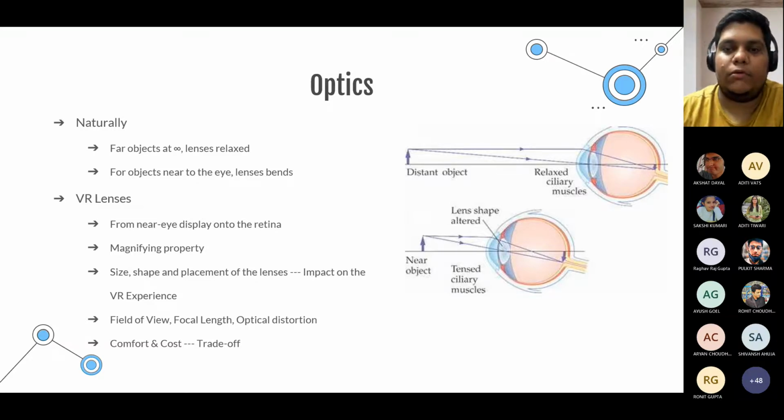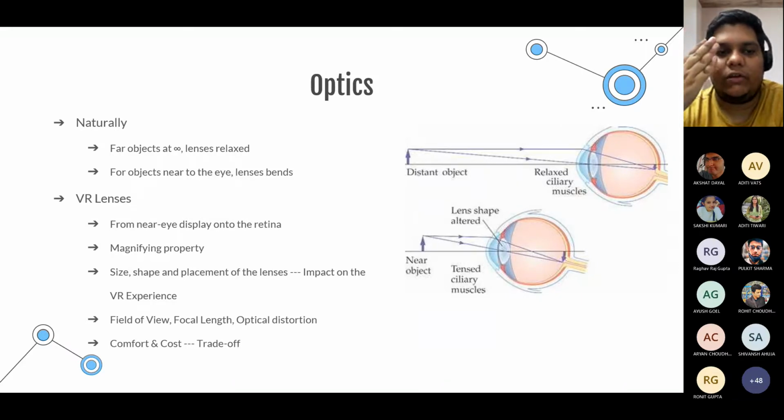Generally, people who have some disorder in their eye, where they can't see very far or they can't see close, wear lenses of different kinds, right? To aid them in forming the images again at the back of the eye. So when we say that some person has some form of eye lens power in their glasses, we are basically saying that this is a support that they need to actually form that image at the back of the eye. So VR lenses are similar in the sense that